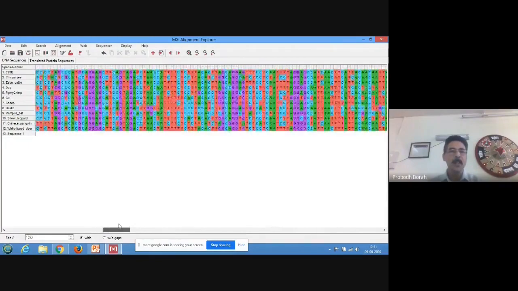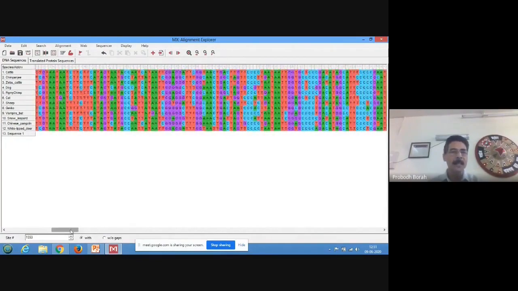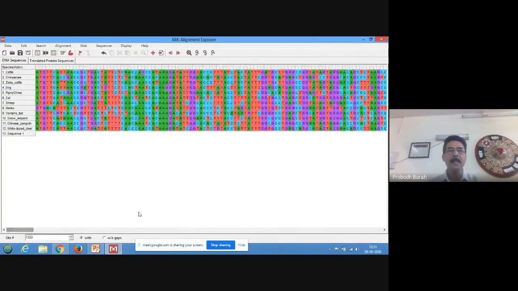So across nucleotide sequences, we find that in certain areas, there are similarities. Say, for example, if you start from the beginning, you see that here, across all of them, these two nucleotides are exactly alike. Similarly, here you see, for 5 nucleotides, they are almost alike.